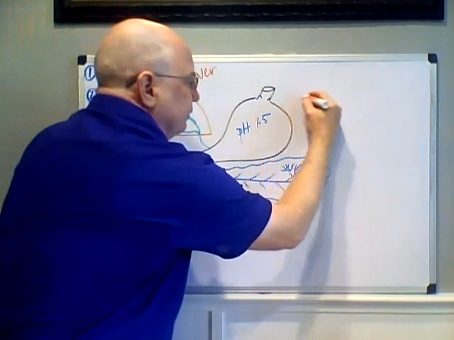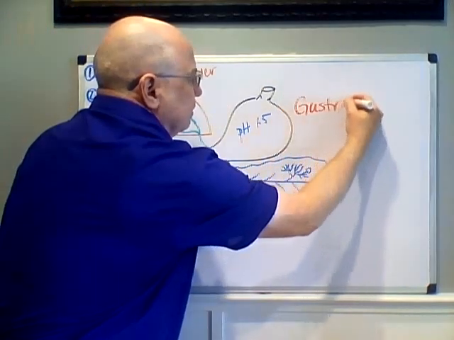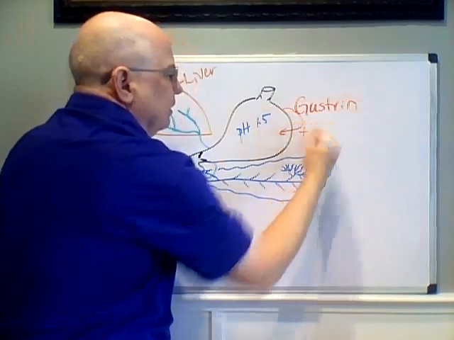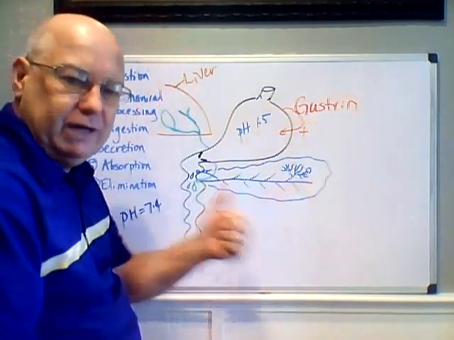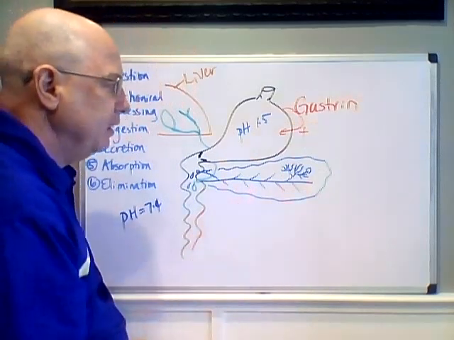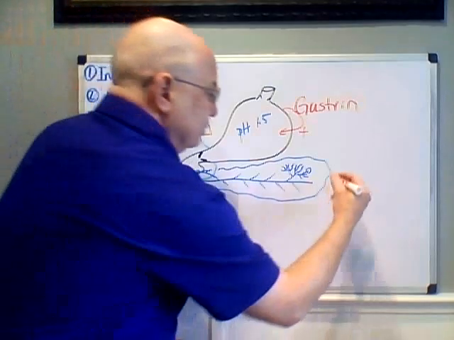The stomach itself secretes gastrin. Gastrin goes from the stomach back to the stomach and excites the stomach. It kicks off gastric motility and gastric secretions, gastric juice, stomach juice. And then the pancreas can secrete